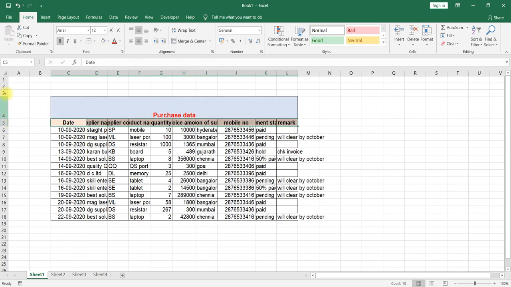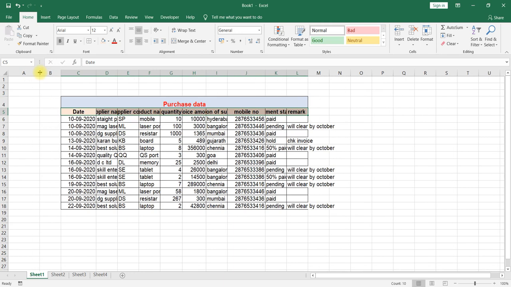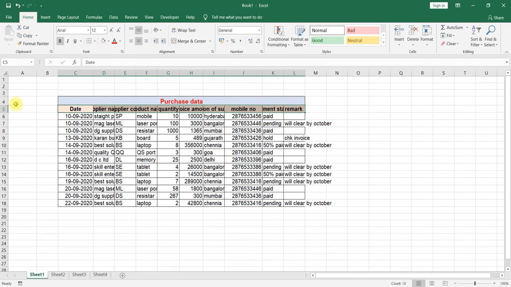to increase the row width, what we have to do is select that row here on the left corner, and you can change the height. Similarly, for column width, you can select this one on the top and change the column width. If you're selecting a column and would like to change its width, you can change it here. That edge you have to select, and then change the width. Similarly, for the row edge, we have to select it and change the height.